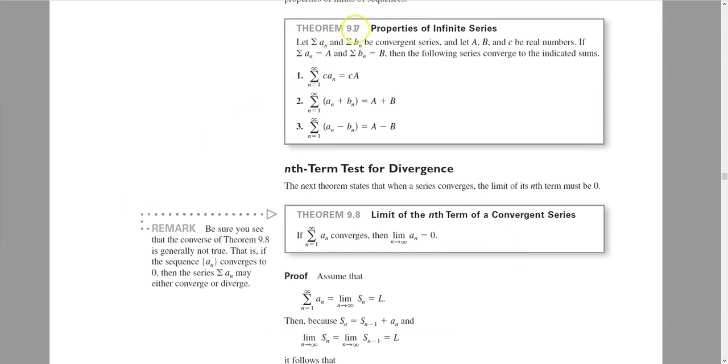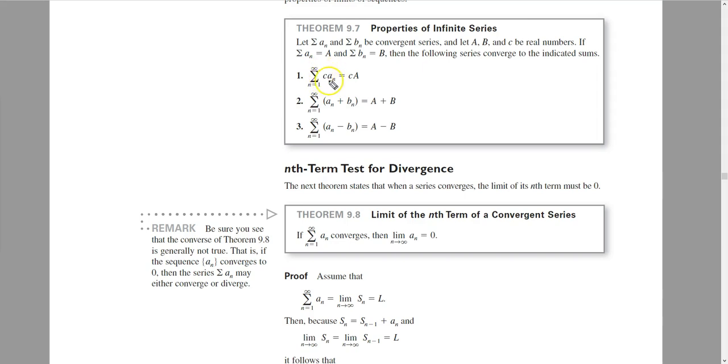So Theorem 9.7 is an important theorem for infinite series. It's very similar to the limit theorems that we've had before with respect to the limit of sums and differences of functions. But here we have the sum and difference of series. So the first one says that if you have a series involving the term c times a sub n,